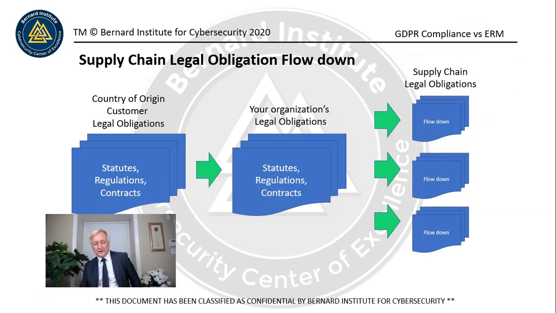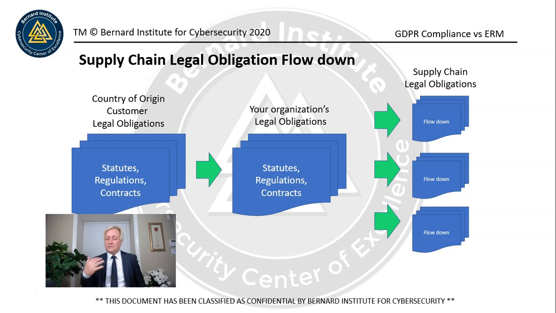And again, the flow down clause is really like taking the actual legal clause from the agreement, from the statute or regulation, and incorporating that into an article or a schedule and writing flow down, and then making it part of the contract. So what we do by doing this is the flow down might be applicable to an organization in the supply chain that's not in the country of origin, or it's not in the organization's legal region, okay? But they're in another part of the world. So the laws and the statutes and regulations that apply in the country of origin or in the organization's region might not apply to them, okay?